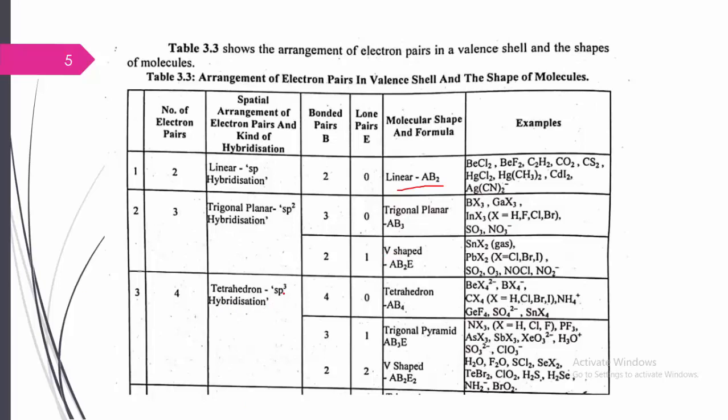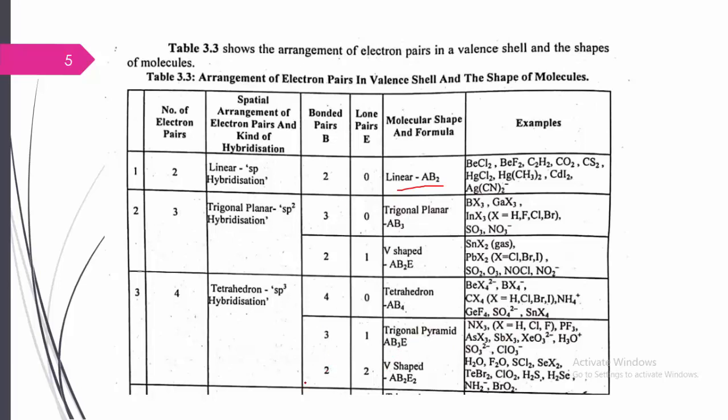Further, tetrahedral hybridization: the number of electron pairs is 4, and if 4 bonded pairs are present and 0 lone pairs of electrons, it forms a regular tetrahedron shape. Instead, if 3 bond pairs and one lone pair of electrons are there, it forms a trigonal pyramidal shape. We just saw the example of XeO3, xenon trioxide, which is an example of sp3 hybridization having one lone pair of electrons.